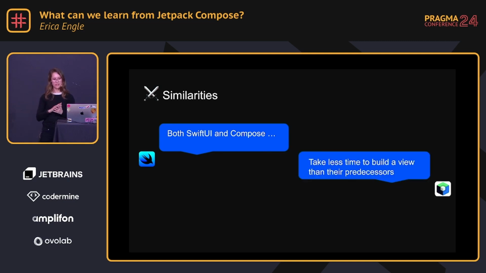But on the other side of that, once you do understand, I think it takes you significantly less time than the predecessors. So thinking about how we used to make things with UIKit, thinking about how we used to make things with XML. Just lots of great ways to move things forward, improve the development process, and make it iterative, and have a great way for you to spend more time building rather than figuring out all these minute details.